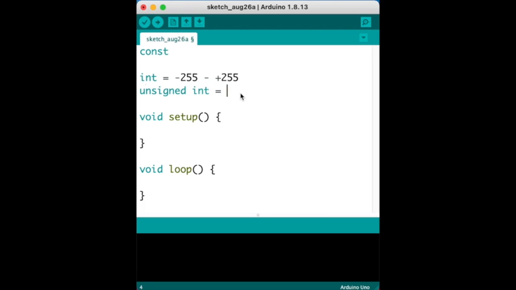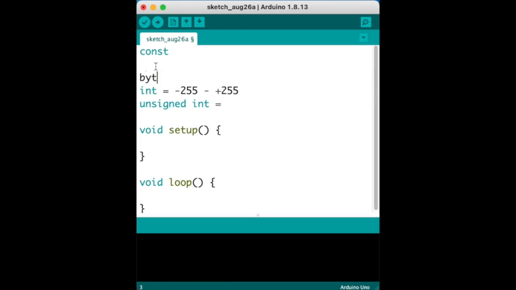Now an unsigned integer, that's what int actually means, integer. If you're a little older and you know about numbers and you're in math a lot in school, and that's one of your subjects that you like, you should by now know what an integer is. It's just a number. So if you have learned about bytes, which we'll cover in another video, a byte is 8 bits, which makes up a combination which can actually do a whole output of 255. So an integer is actually 2 bytes. A byte is 1 byte, of course, which means 0 to